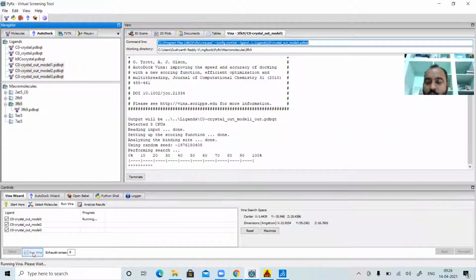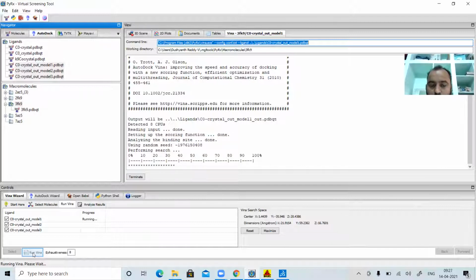Whereas if you have a lower version of computer or laptop, it will take at least 1 to 2 minutes. However, it's a very easy and user friendly docking protocol using PyRX. It's very simple. We haven't faced any problem in docking. So this is the first most important part in your docking algorithm.